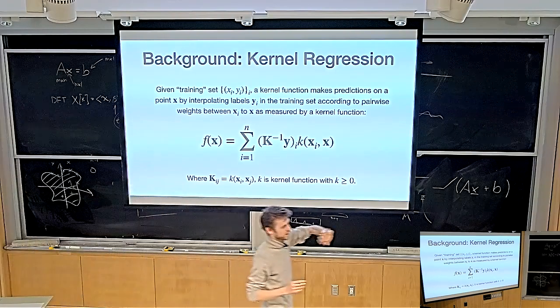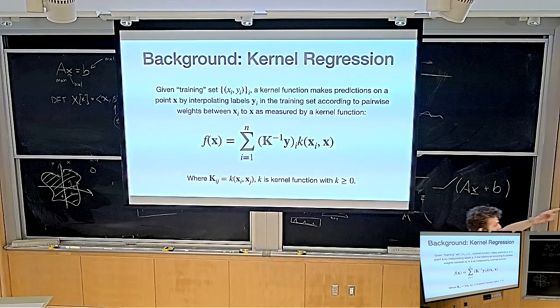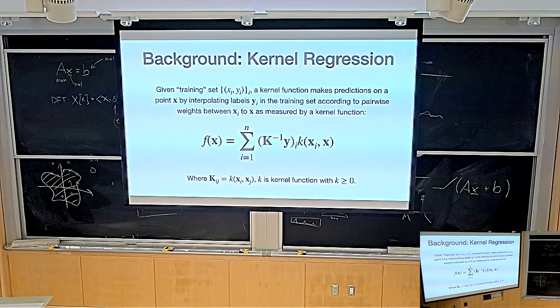The way it can be expressed as a function of the training points is very specifically by a kernel regression. Kernel regression basically means that after training a neural network on some training set, you can always predict the output of the neural network on any new coordinate that you feed to it as an interpolation of the training values. And this was a paper called the neural tangent kernel.